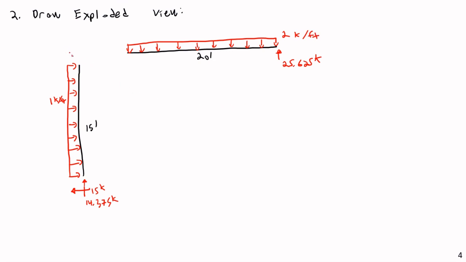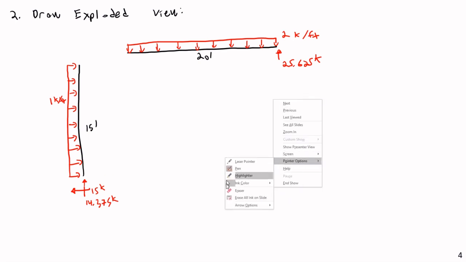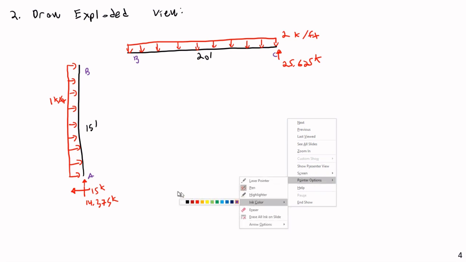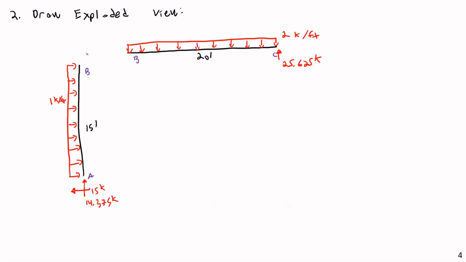Then in terms of our joint here, let me go ahead and give us some joint labels. We have A, B, B, and C, and then the internal forces that are revealed when I separate this. This is a fixed joint, so it's going to have a horizontal force, a vertical force, and a moment. So I'm going to say it has